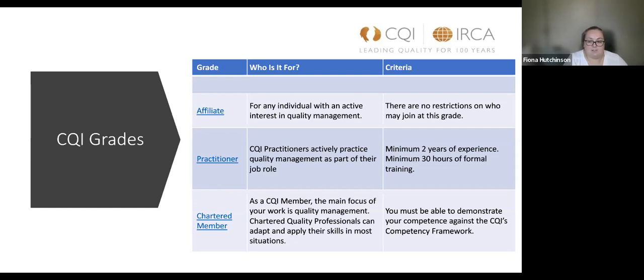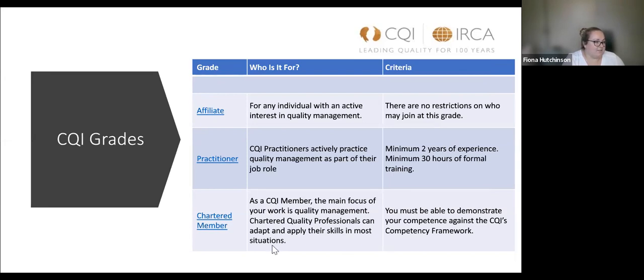Again, if people are interested in this grade, we can go through it in more detail and talk in more detail about the competency framework. We do also run specific sessions on the chartered member application just because it is more detailed and some people like more guidance. So I'm just going to launch a poll now. So which grade is it that you would like to apply for? If you're not sure, we can talk more in depth about the requirements.